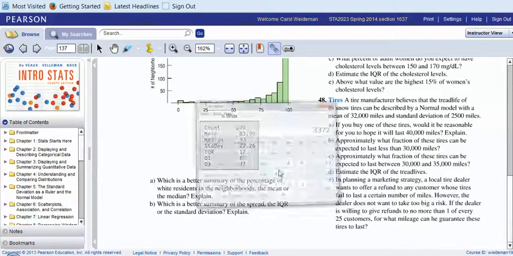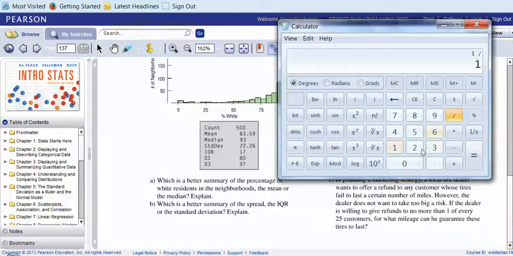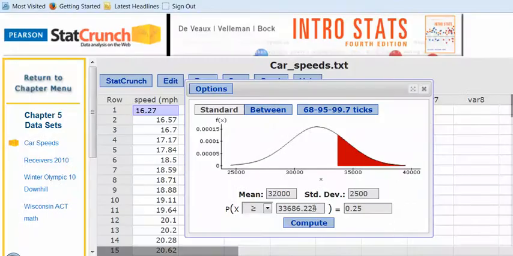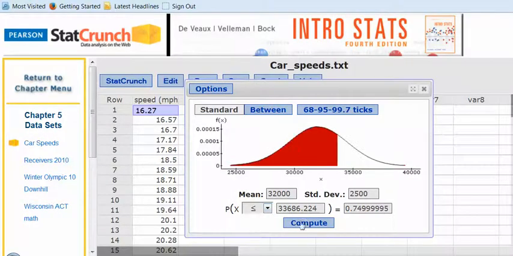Okay, the first thing we need to know is 1 divided by 25. 1 out of 25 means it's 0.04. So if I go back to my tool, what I really want to find is what's the value such that the area over here to the left is 0.04. Okay, so that tire value would be